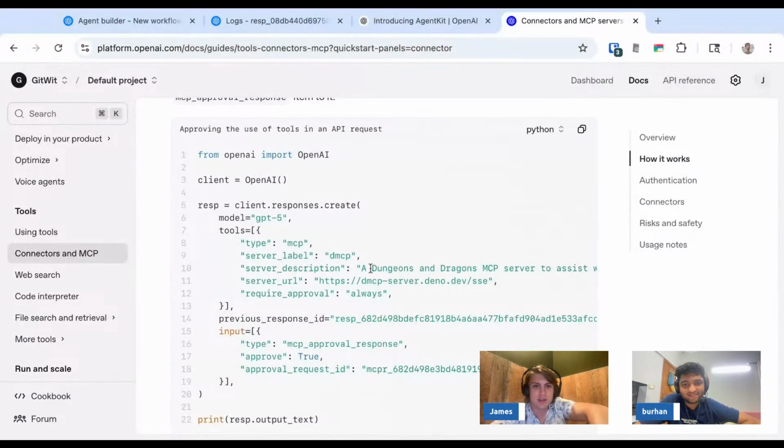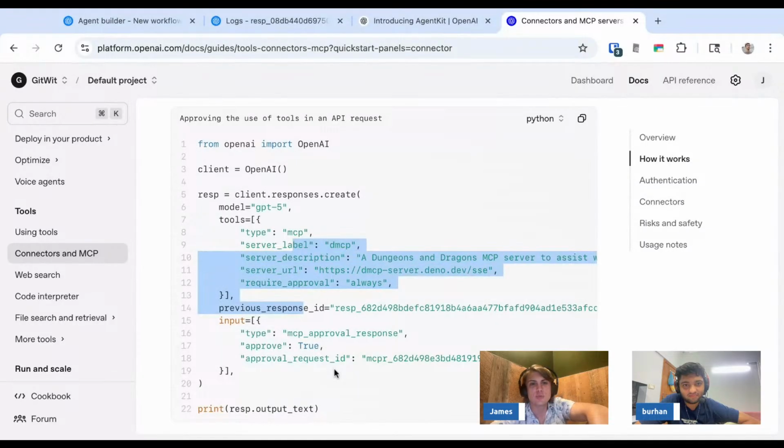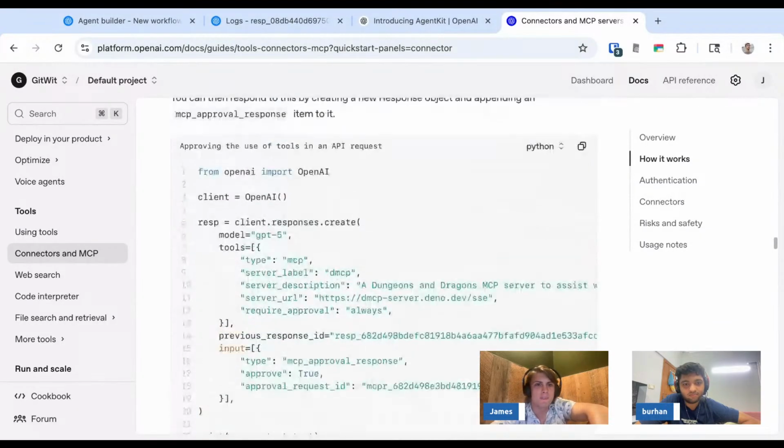A Dungeons and Dragons server. Okay, and then here. So this is just part of their Agents SDK, basically. Interesting. So basically what they're doing is making a general purpose agent framework and building it into the OpenAI SDK, and they're allowing you to use MCP servers to plug that in directly,